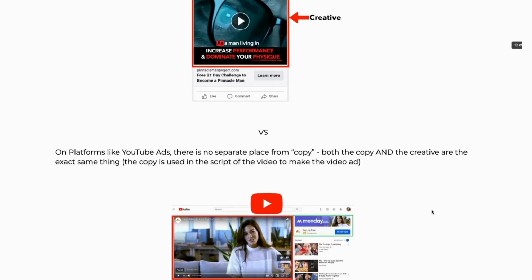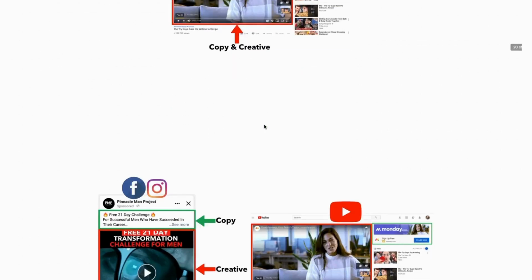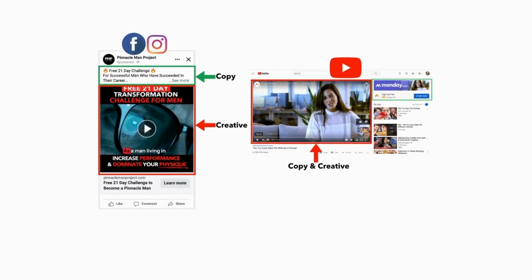Versus on platforms like YouTube ads, there is no separate place for the copy. The copy and the creative are actually the exact same thing, used inside of the script of the video. So copywriting is still critical, copywriting is still important, but it's actually more in the video instead, okay? So that's the difference we wanted to explain to you, so you understand that based off of the platform, it's going to function differently, so that way you can understand how it actually works